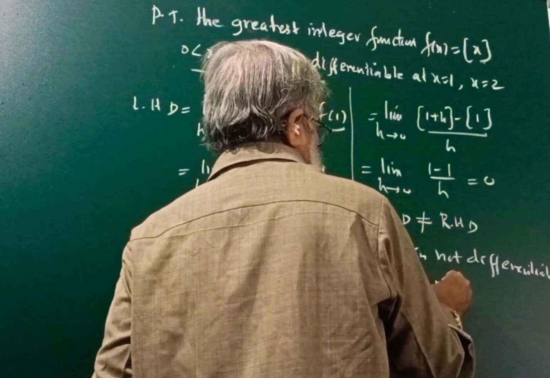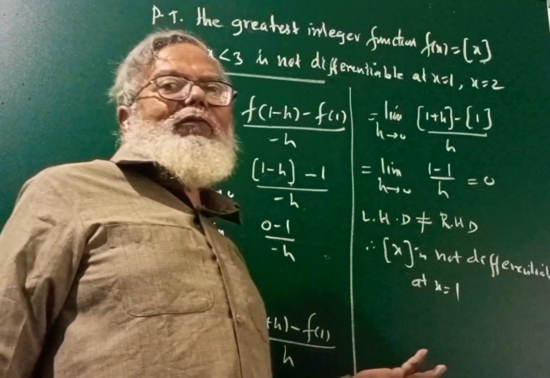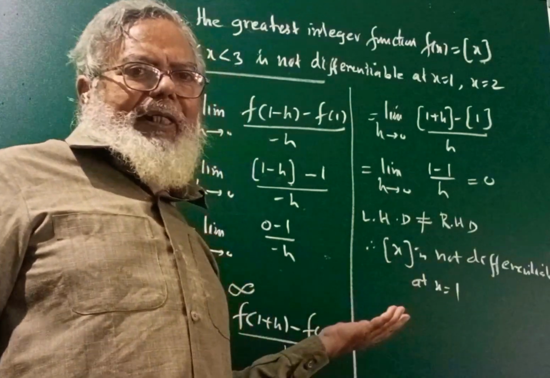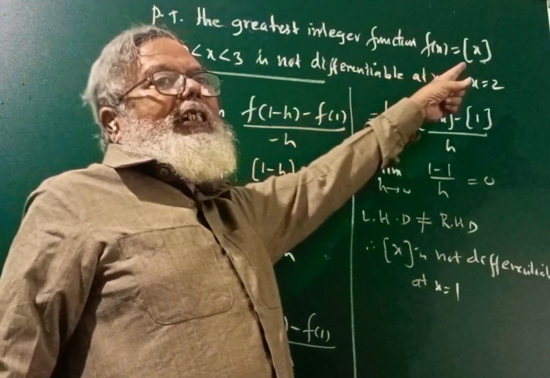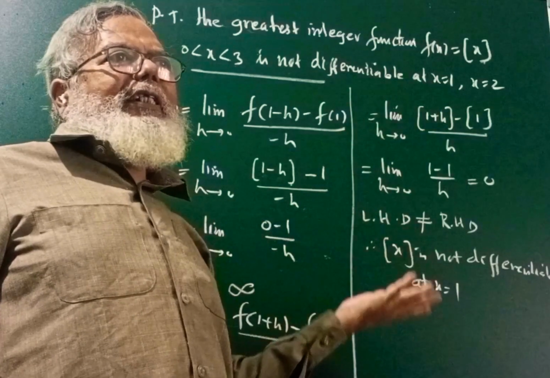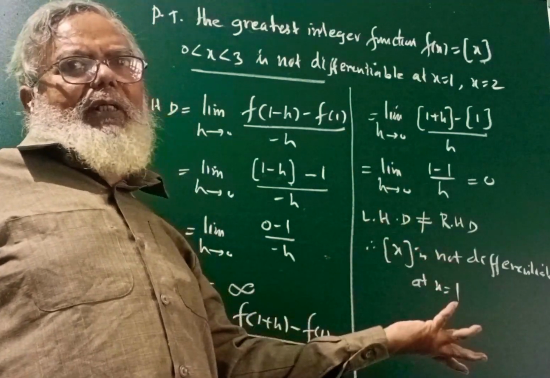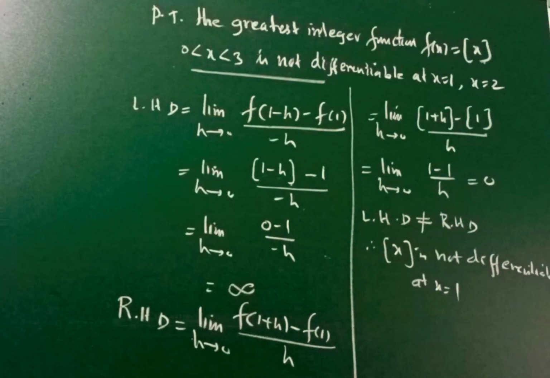Now we have proved this for our problem. Directly also we can quote one thing here, the above theorem. By the above theorem you see here, we know the greatest integer function is not continuous at the integral values. Therefore, when a function is not continuous, it is not differentiable. Directly we can write that also. Similarly, we can prove it for x is equal to 2 with the same argument.